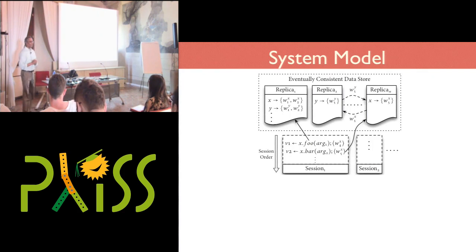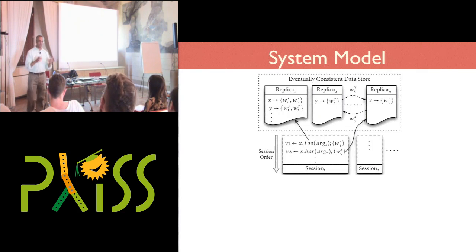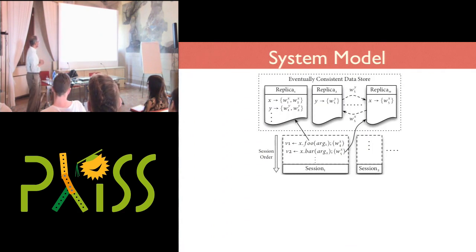So here's our model. Our model is we have a collection of replicas, and these replicas are going to contain data, right? X, Y, and so forth and so on. But they're not going to contain values. They're not going to contain the value 13 for X. Instead, what they're going to contain are things called effects. So they're going to contain the operation write 13 or write 7 and then add 6 to the thing that you previously wrote. Things like that, right?